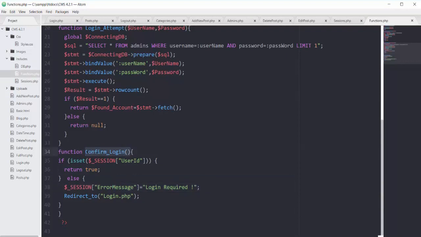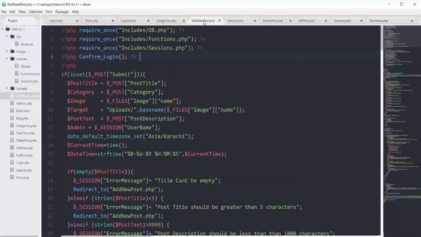And I call this function in every single file wherever I want to make that file password protected. I call it in add new post, categories.php, admins.php, delete post.php, and edit post.php.